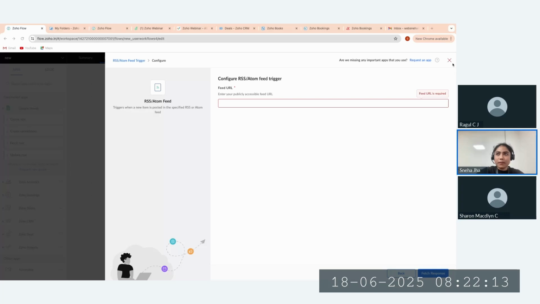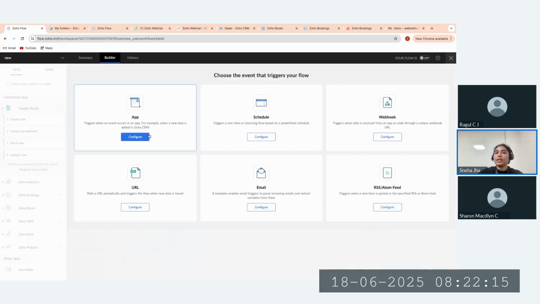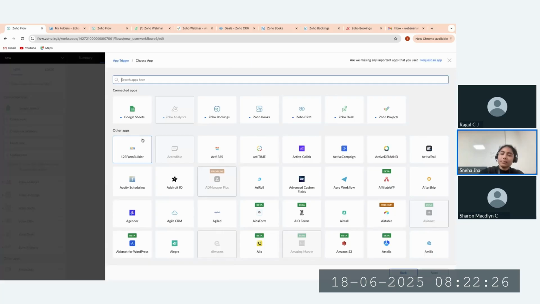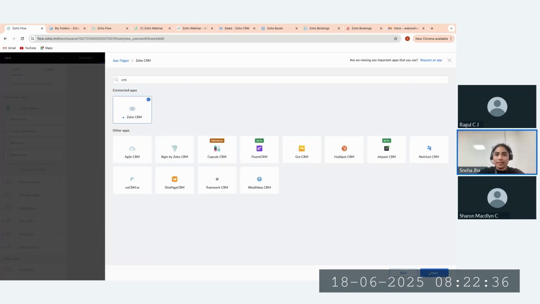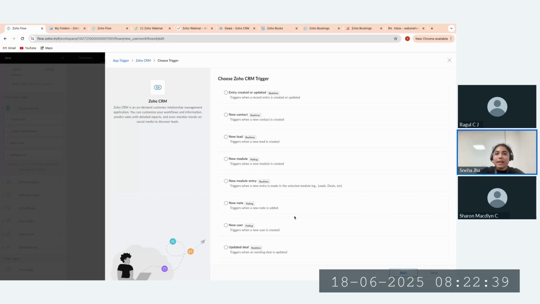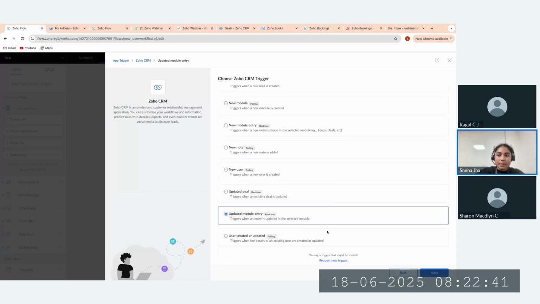It's a very simple flow. As you know, now that we have understood what each of these triggers are, the trigger that we will be using for this specific flow would be an app trigger, because the event is going to occur in Zoho CRM. And the event that I'm talking about is the updation of a deal record, right? So that is why we will be choosing Zoho CRM as a result. And here I will be choosing update module entry because I want this flow to trigger every time a